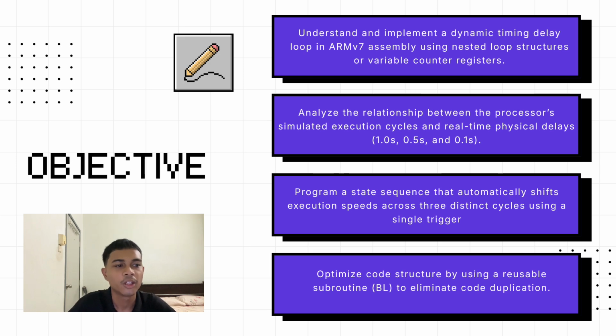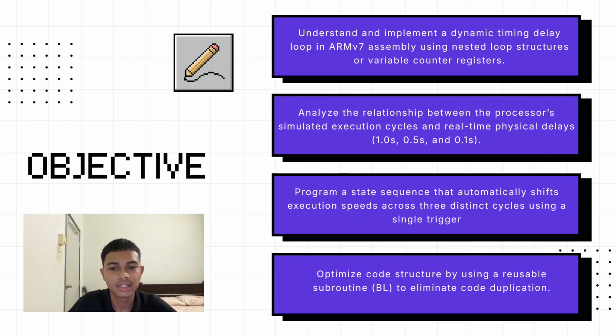Let's go through the main objective of this task for question 2. There are 4 core goals we wanted to achieve with this program. First, understand and implement a dynamic timing delay loop in ARM v7 assembly using nested loop structures or variable counter